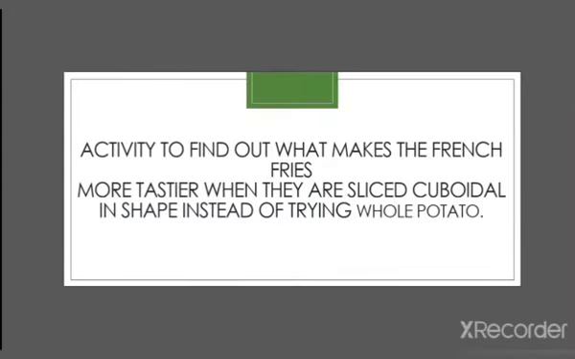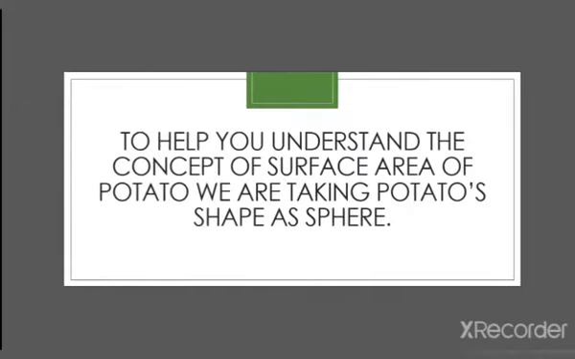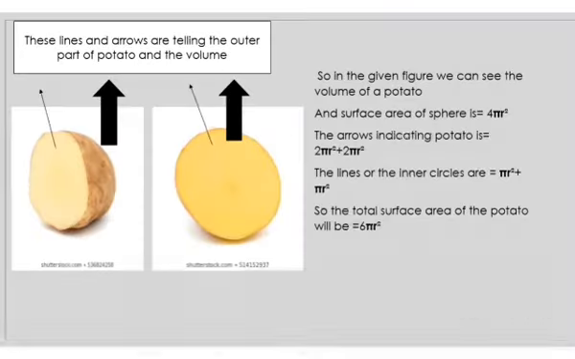Activity to find out what makes the french fries more tastier when they are sliced cuboidal in shape instead of triangle potato. To help you understand the concept of surface area of potato, we are taking potato shape as sphere. These lines and arrows are telling the outer part of a potato and the volume. So in the given figure, we can see the volume of a potato and the surface area of sphere is